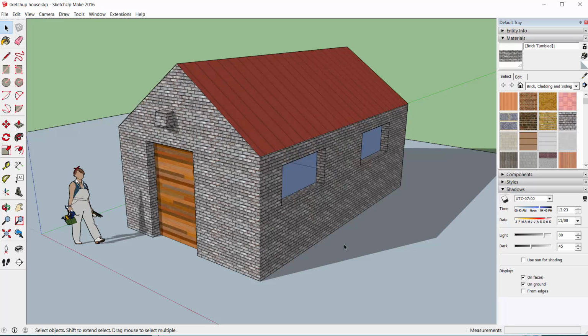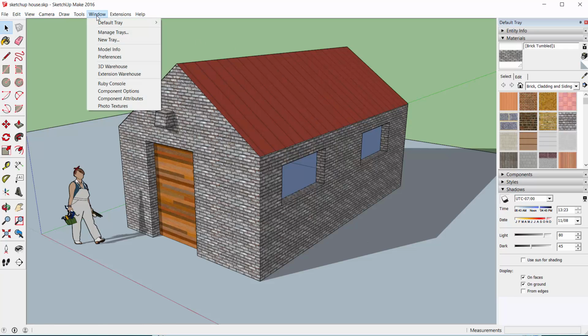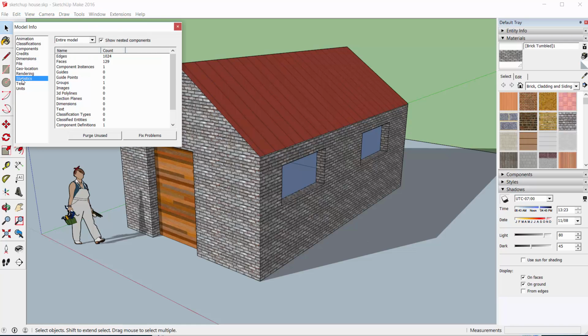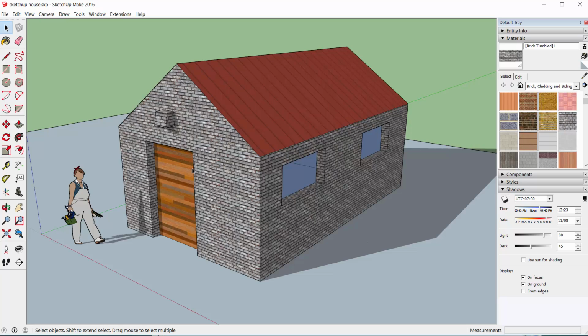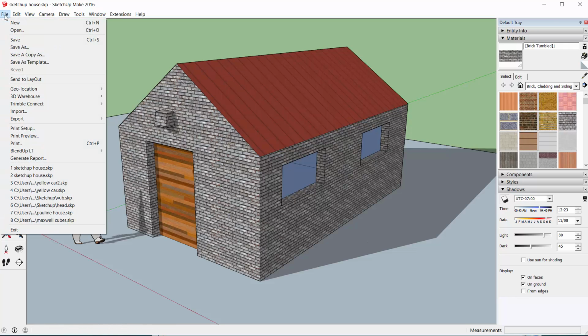more than 1000 faces. This model, for example, we can see in the window menu, model info, statistics. If you turn on show nested components, that will include the nested components in the face count. Here you can see we have 129 faces total, so this will be compatible with the LT free version of BlendUp. You can see that BlendUp LT is installed because you can see it adds a line to the file